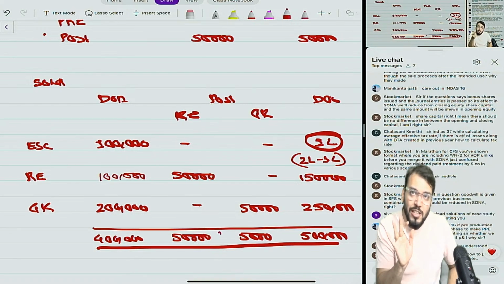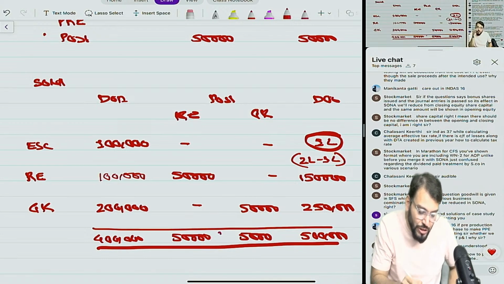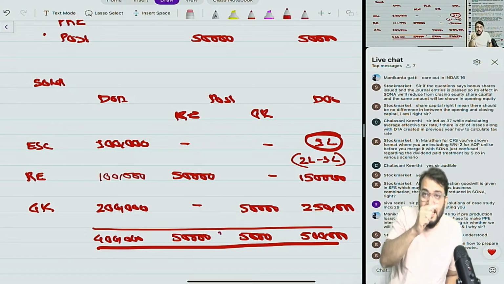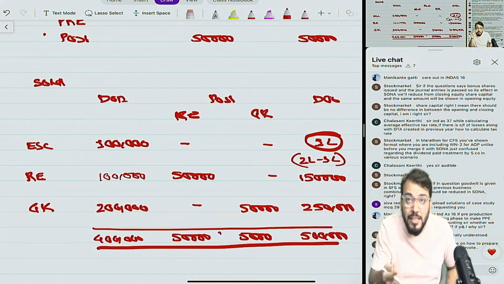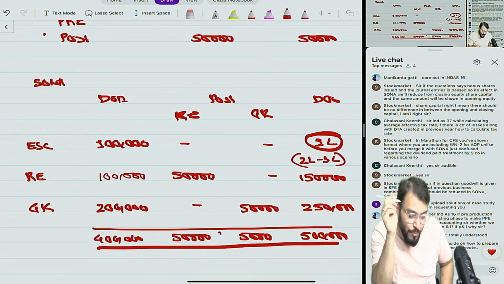But till now that type of question has not been asked in the exam, and it has not been given in the ICAI study material. Have you understood, Kirti, your doubt? So if DTA has been created last year, DTA will be reversed in the current year if the tax losses have been used. I have informed this point with one question in my class also. Kirti, are you my student?